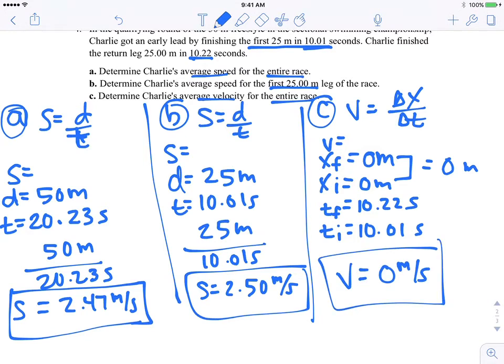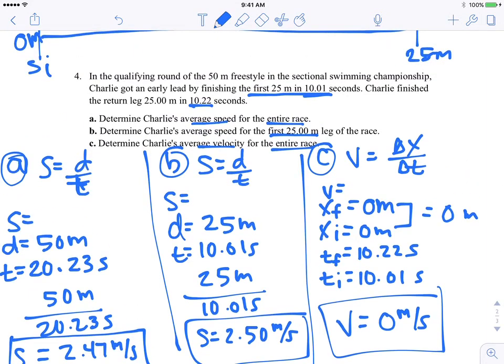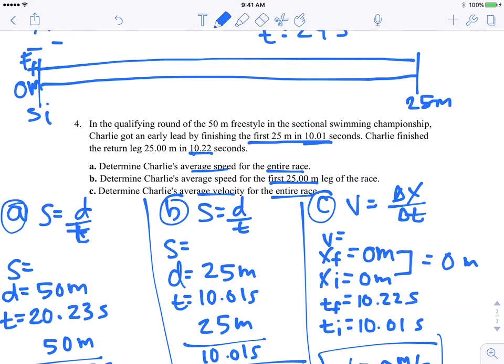I didn't go any further because I just see that 0 and I know it's going to be velocity of 0 meters per second. So a couple of you are probably thinking, well, wait, what about the last problem? How come we didn't use 0 as our initial position there and we're using it here as 0 meters? Well, you could use 25 and 25 as his initial and final position, but in my mind, as I'm thinking